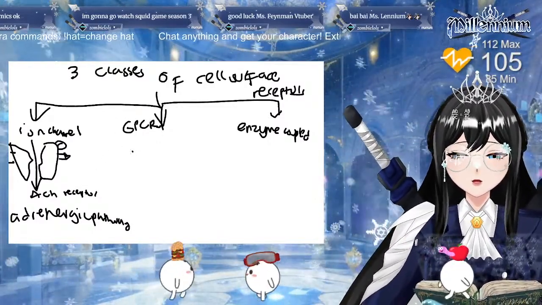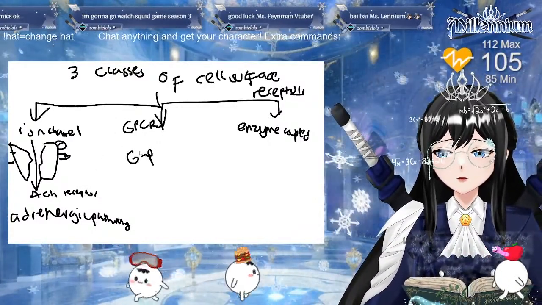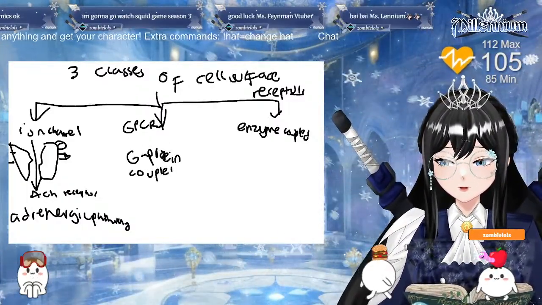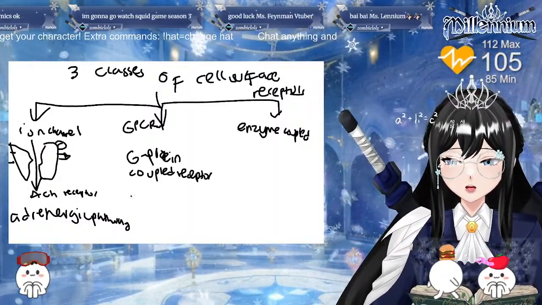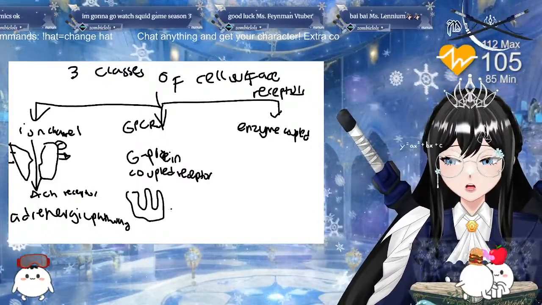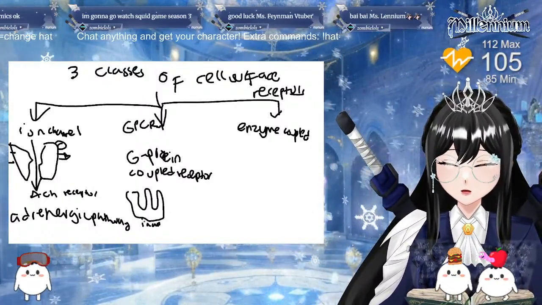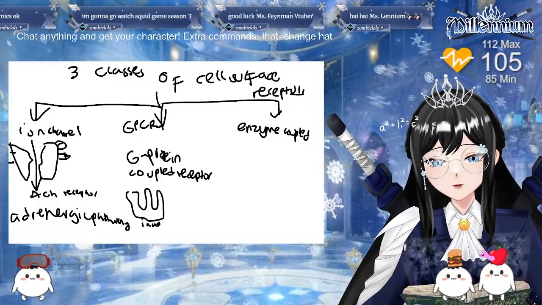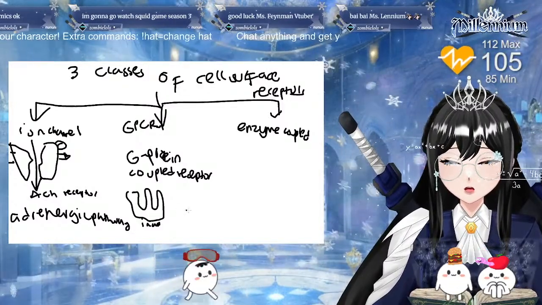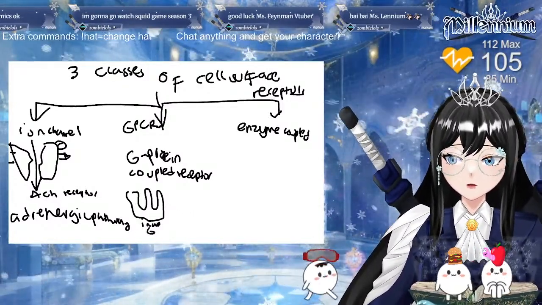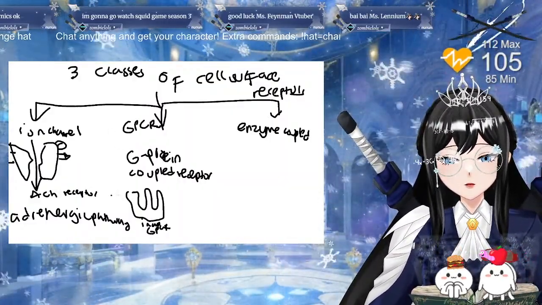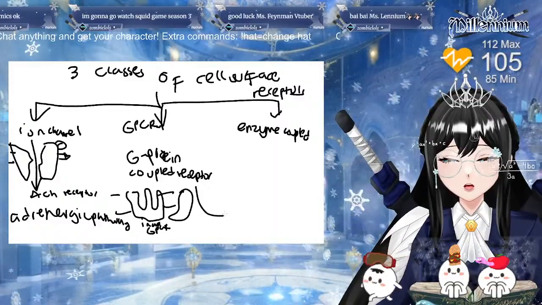And then for the GPCR, the G protein coupled receptor. This one looks weird. It looks like a squiggly thing, and this is your inactive one. I'm gonna draw it later, in a bit. Just remember that you have an inactive GPCR, then you have your G protein over here and an inactive enzyme.